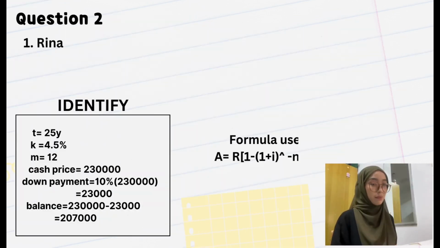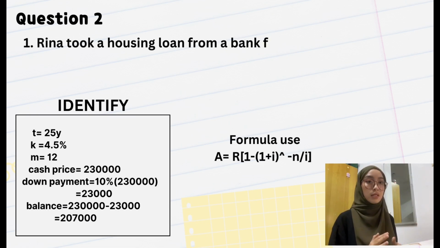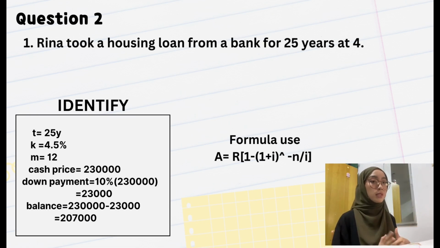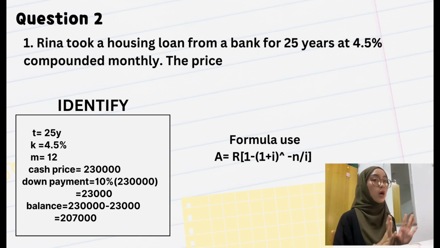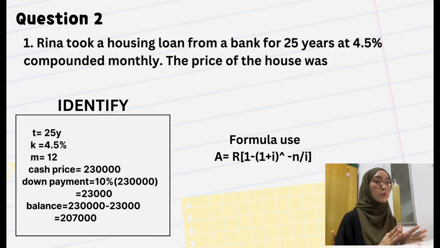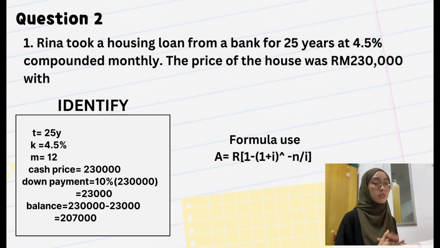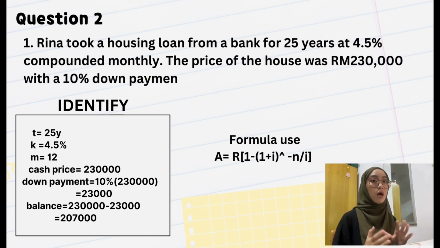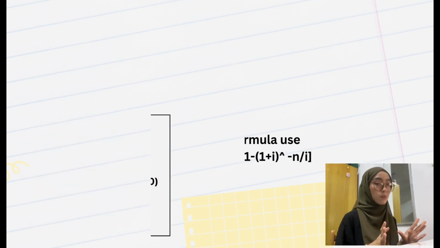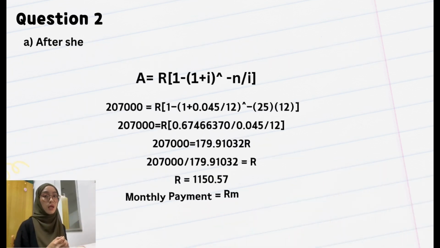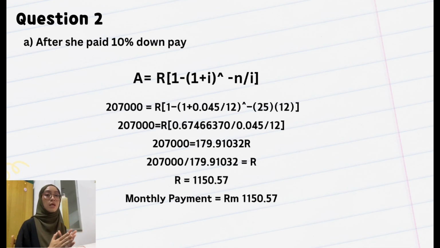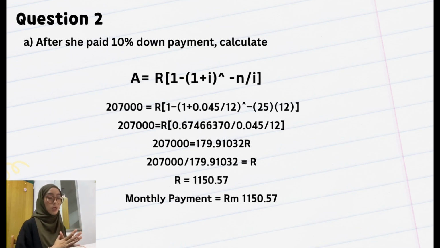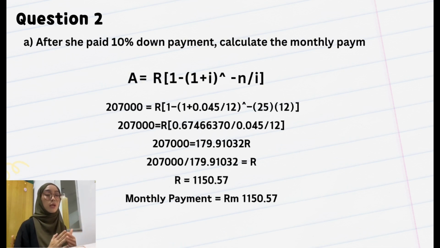Hello, I'm HANIM. I will continue the presentation. In this section, we'll be discussing question 2, which involves a housing loan scenario. The question given: Rina took out a housing loan from a bank for 25 years at 4.5% interest compounded monthly. The house price was 230,000 with a 10% down payment. So, for part A, Rina's monthly payment is calculated using the loan formula. We start with the loan amount of